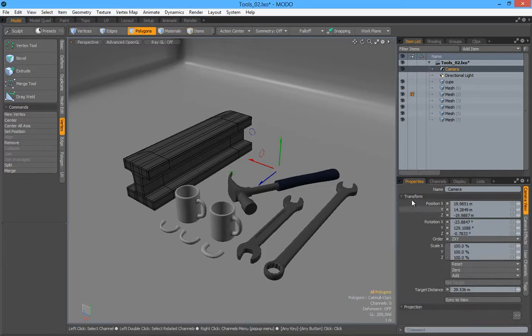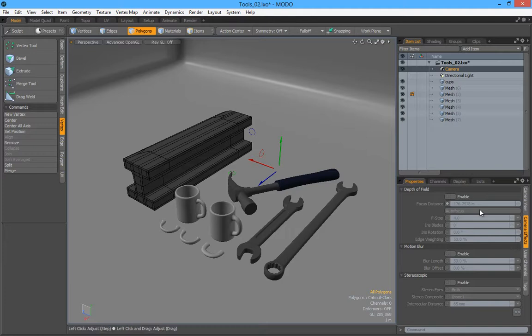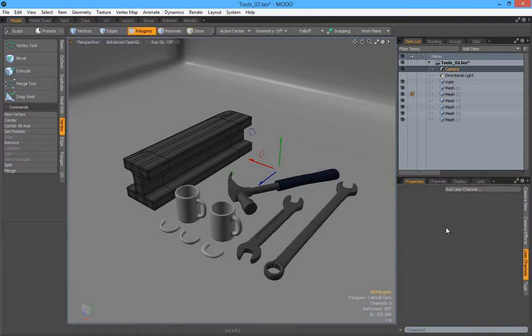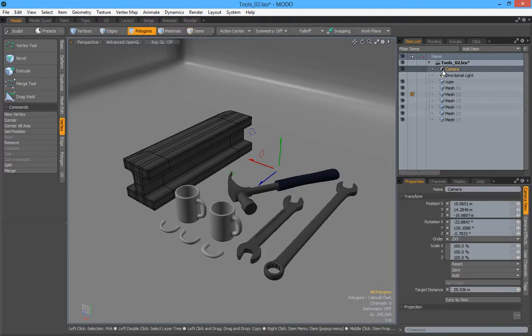At the same time, some object types have multiple folders. For example, you have a camera view, and you have camera effects, so you can add motion blur and depth of field and all those things. Then you have user custom channels and tags and things like that. So this side deals with mostly object-level things, but the properties isn't only linked to the item list,